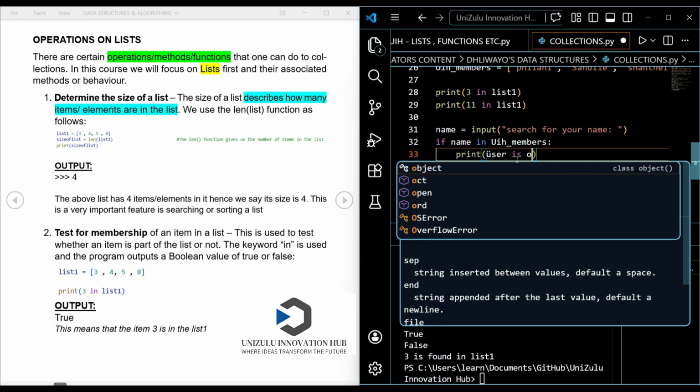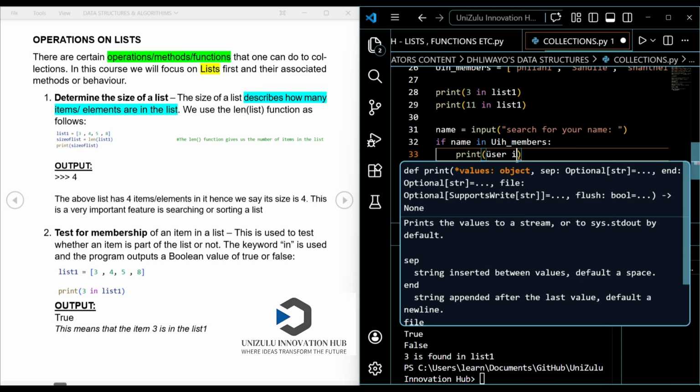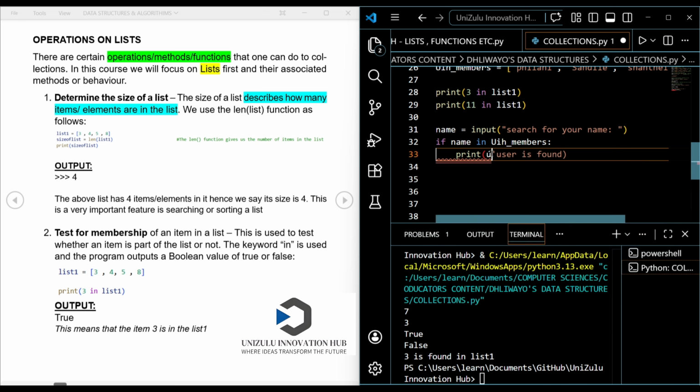Make it a string, of course. Print user is found. Let me just fix the syntax there. User is found, and then close the quote.